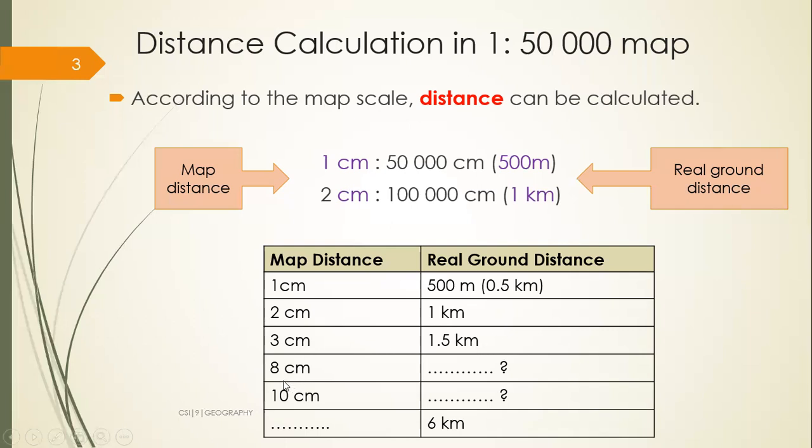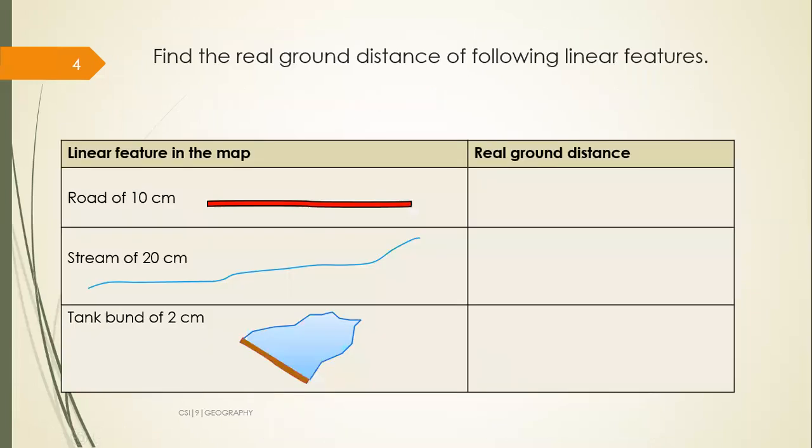So in that way, if you go to 8 centimeters of length or distance, how is the distance in the real ground? So it should be what? It should be 4 kilometers, half of this number. Then 10 centimeters will show you 5 kilometers of the real ground. Then to show 6 kilometers length, you should use 12 centimeters. Hope that you got it. Now let's see